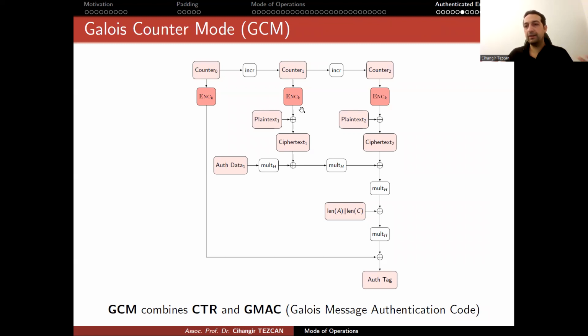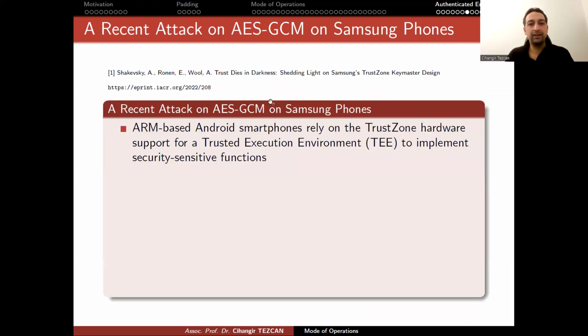So this is always warned, because in this mode of operation, the block cipher acts like a stream cipher, and in stream ciphers, if you put the same input, then you obtain always the same output as the key stream. So since the invention of stream ciphers, we know that the same counter or the IV or the nonce cannot be used twice. But this is actually what happens in the recent attacks that we have seen, that is published